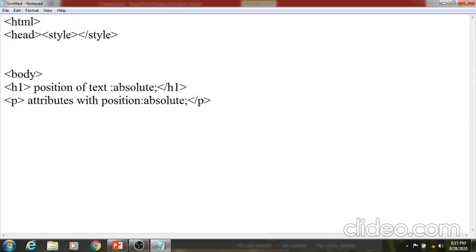Then we can have the classes for this. I am going to add a division, and in this I specify class equal to the name of the class, like relative. Then we have the text.